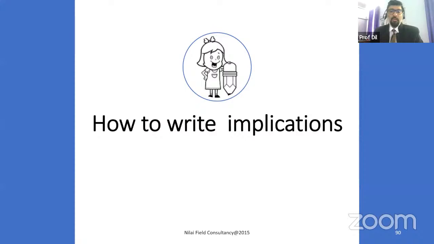And now this is a major section of a journal paper. So when you write it down, how do you write the implication? Discussion means start from the very beginning: title, abstract, keywords, introduction, literature review, research questions, methodology, coming down to the analysis, and based on that the discussion, and then coming to the implication part. What are the different types of implications? I told you already. Implication means the future consequence of these findings.